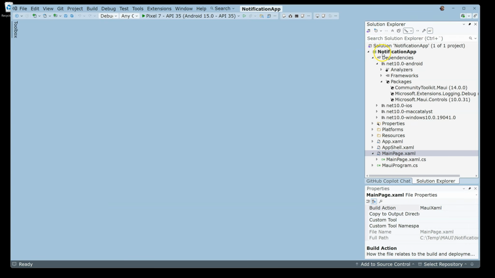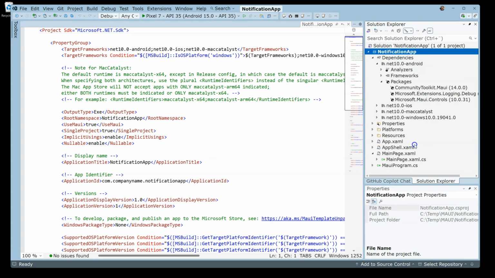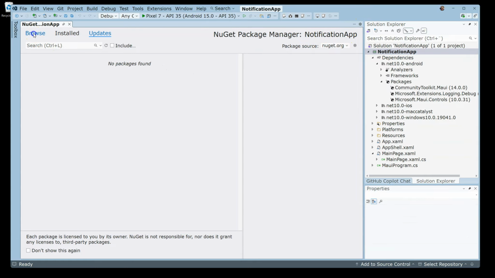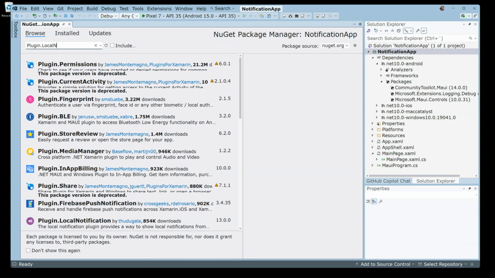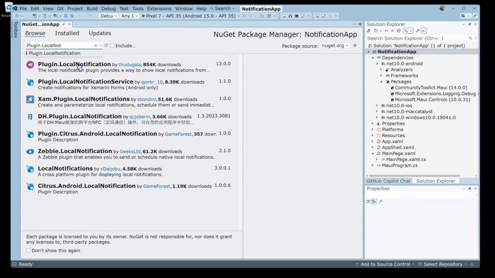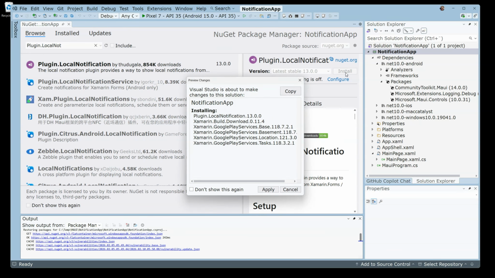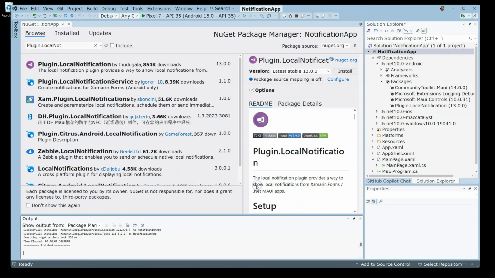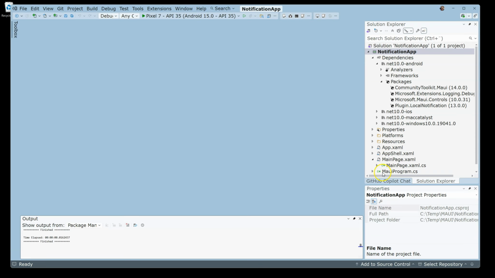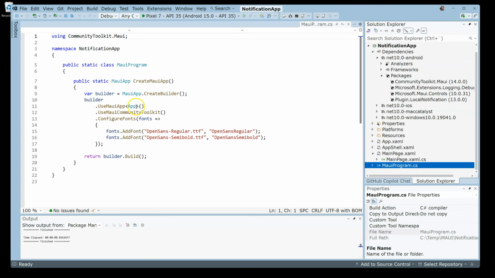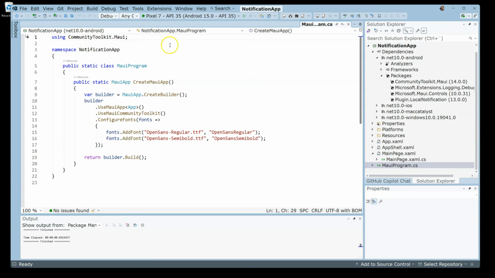So in our existing notification app, I just right click on the project, Manage NuGet Packages, and then just search for this plugin, local notifications, and then this NuGet package pops up, Plugin.LocalNotification. I just install it, click apply and accept, and as you see here, it will be included in the NuGet packages that are part of our project. And the next step will be to open this MauiProgram.cs file,